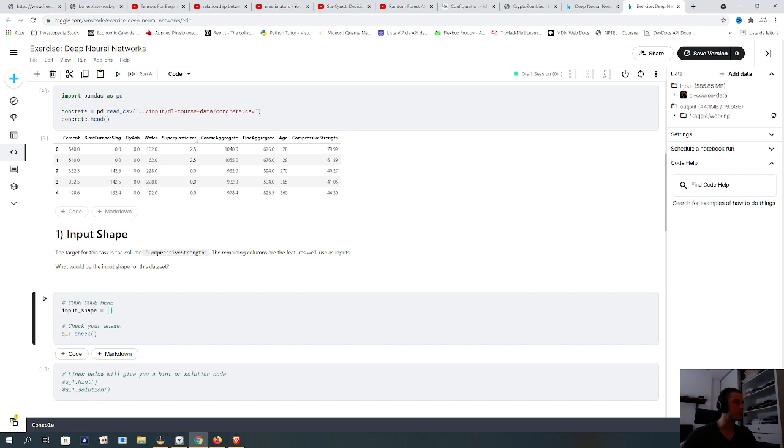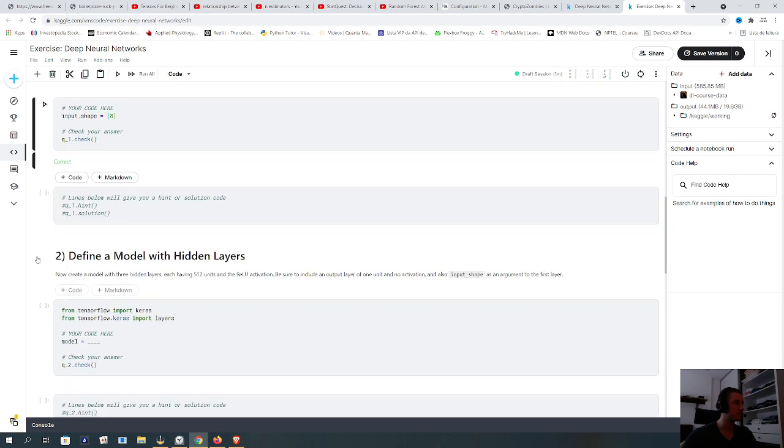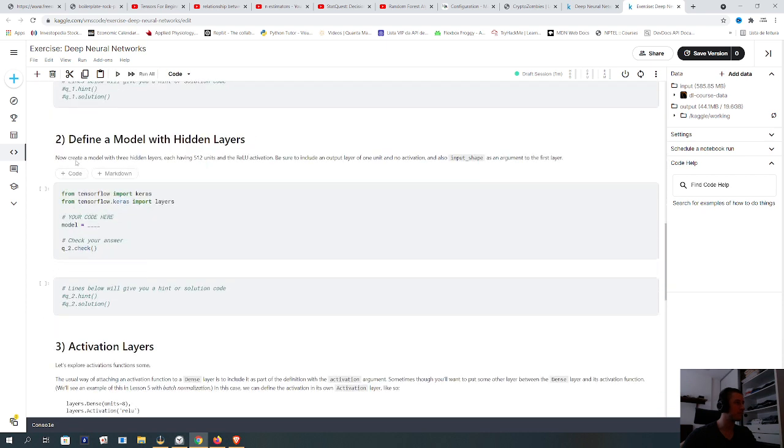1, 2, 3, 4, 5... 8. Define a model with hidden layers. Now create a model with 3 hidden layers. That's going to be